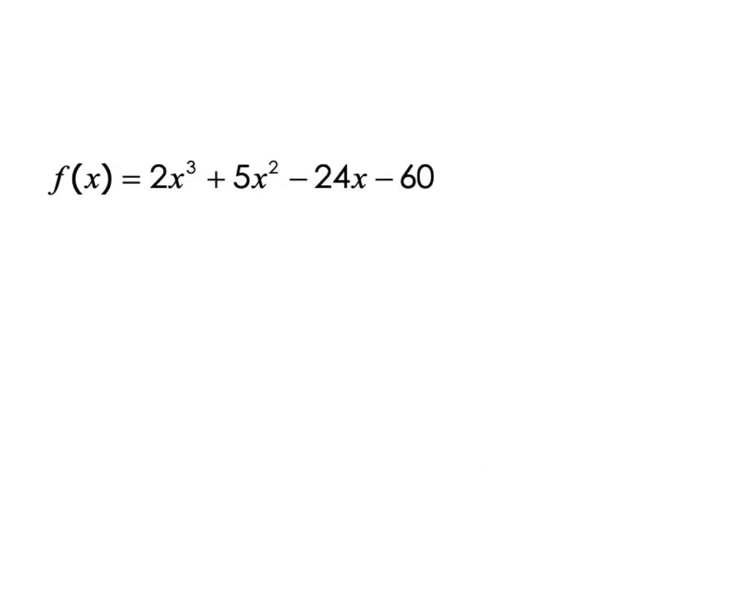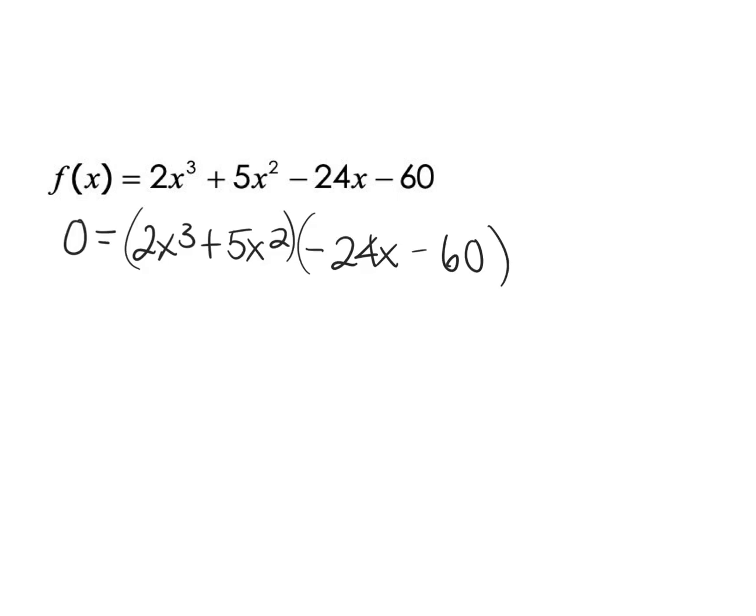Here we have f of x equals 2x cubed plus 5x squared minus 24x minus 60. So we'll have 0 equals this. Then we're going to factor by grouping. Whenever you have a polynomial of degree 4, I would try to factor by grouping, especially if you can write it in parentheses like this. So we're first going to factor out an x squared. So this will be 2x plus 5. And then we can factor out